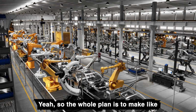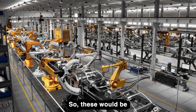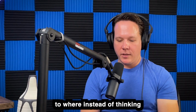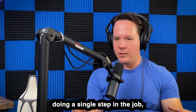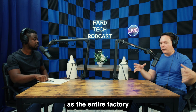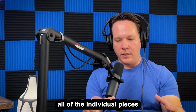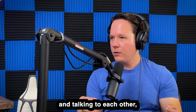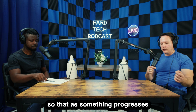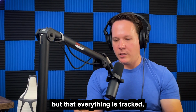Just broadly speaking, how does a smart factory work? Yeah, so the whole plan is to make autonomous production facilities. Instead of thinking about each individual piece of equipment as a standalone piece of equipment doing a single step in the job, you think about the entire factory as one piece of equipment, where all of the individual pieces of equipment inside of it are interconnected and talking to each other, so that as something progresses through the workflow, it can happen ideally autonomously, but everything is tracked,